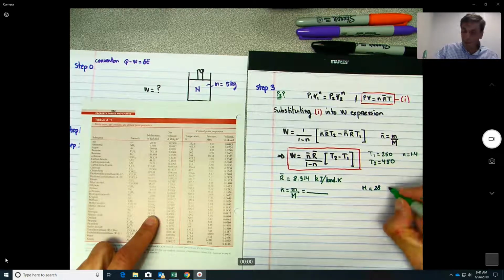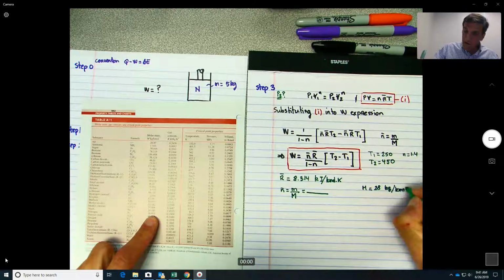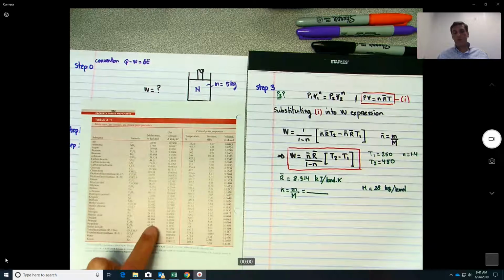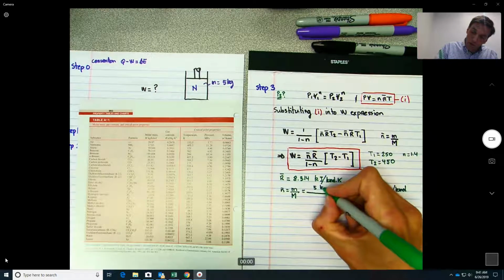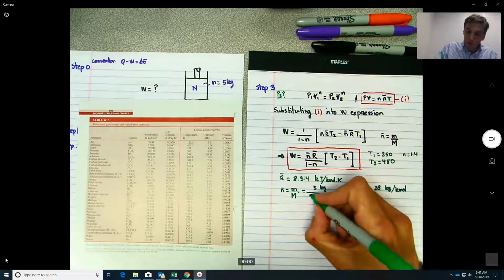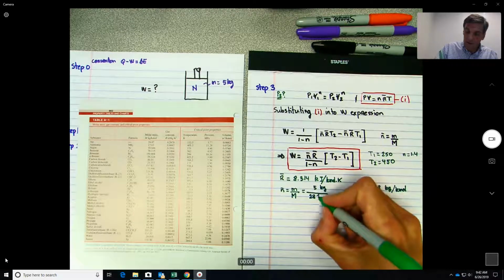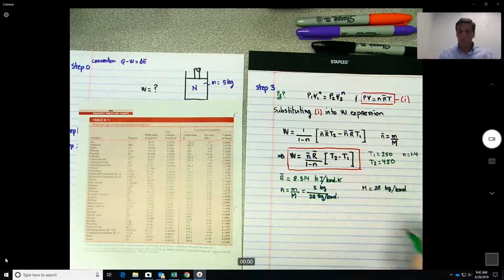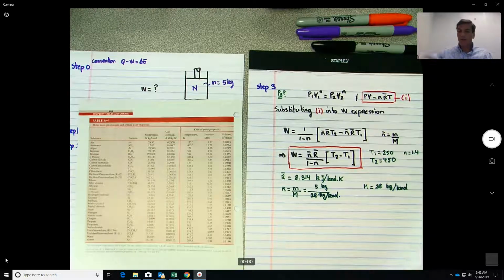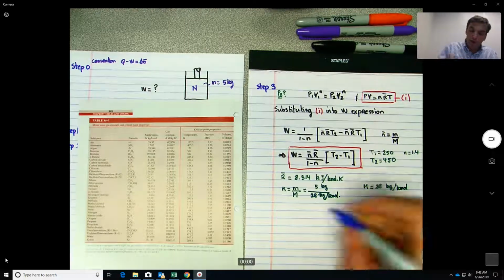I round it off, kilogram per kilomole. Okay, so basically you have this N will be equal to 5 kilograms divided by 28 kilograms per kilomole. All right, so basically we have all the information we need,